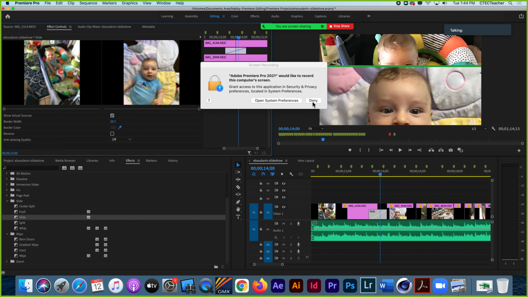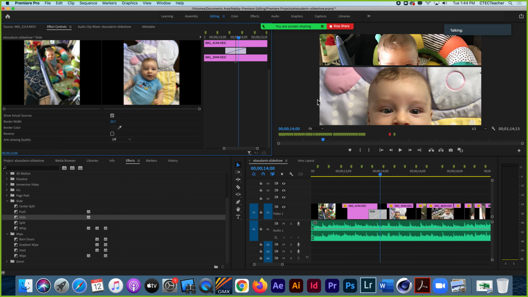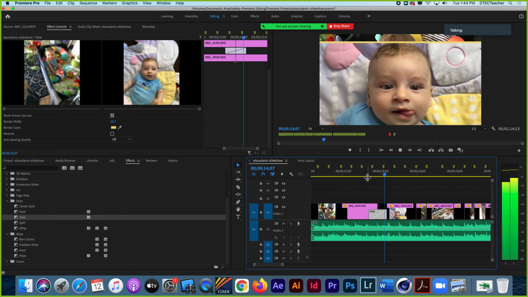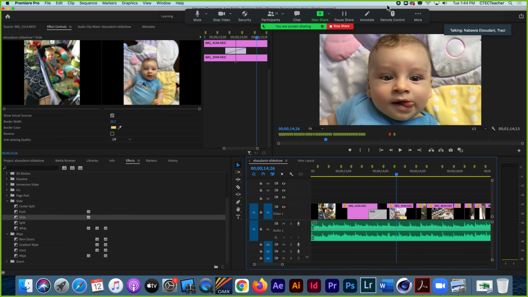Premiere wants to record the computer screen. That's weird. Deny. Or I could take my eyedropper and choose a color that's in the image. This is what happened last time, so I'm gonna stop the recording. But see, I'm choosing a color. Let's see, this yellow color here that's in the image to make it match. Okay, but let's see. I'm gonna